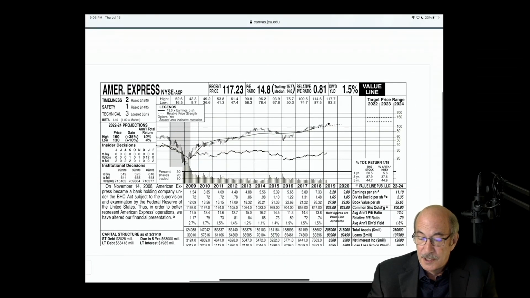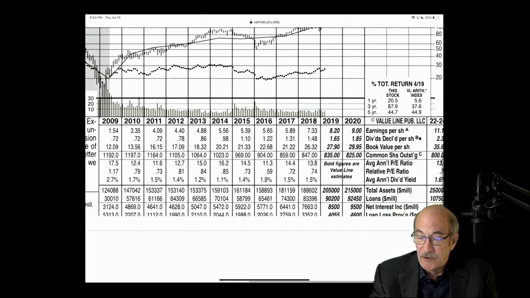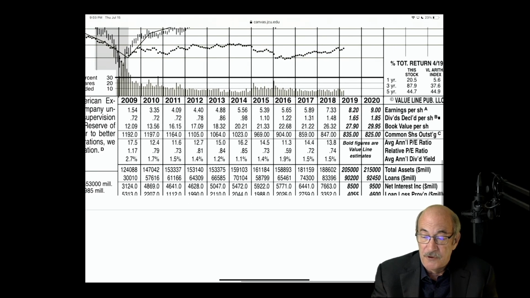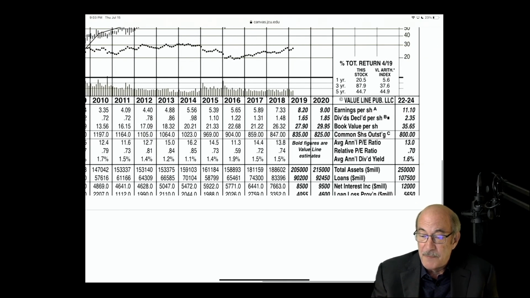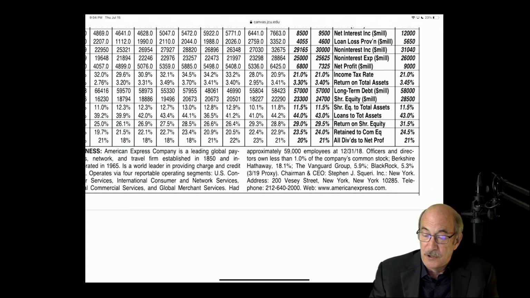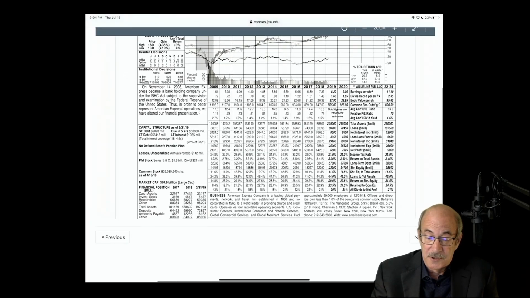Price plot. We've got a variety of metrics going way back to 2009. So we've got 11 years of financials, basically. We've got EPS, dividends, book value of equity, average PEs, total assets, loans, a whole bunch of goodies in here. We've got return on shareholder equity down toward the bottom, retained to common equity, and so forth. So it's a really dense